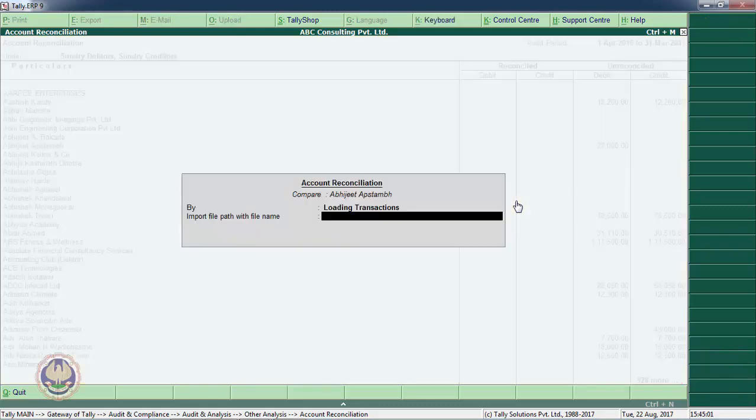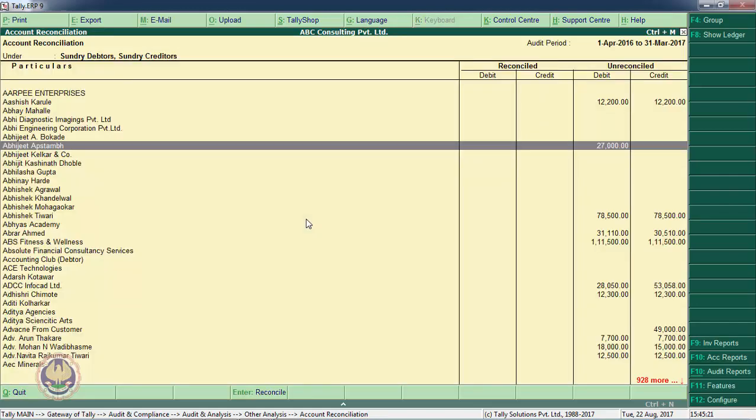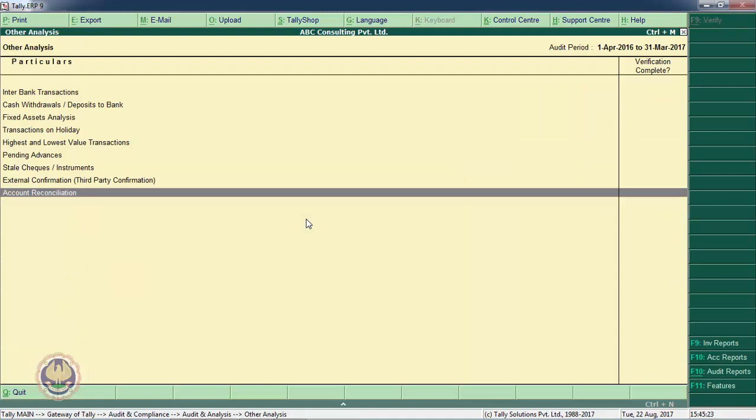I can open any particular ledger, import the file path with the file name. I can insert the transactions from an Excel file into this report and Tally will automatically reconcile all the debit and credit transactions in a particular ledger, our ledger and the party ledger. That is quite possible. I am pressing escape here and coming out of the screen.